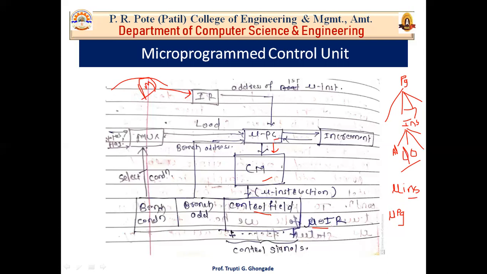If you wanted to do a jump, that means if a branch occurred in your program, then you have to give an address. So only when there is a branch, there will be an address. Otherwise, there will be no address, and your program will be executed in a sequential manner.